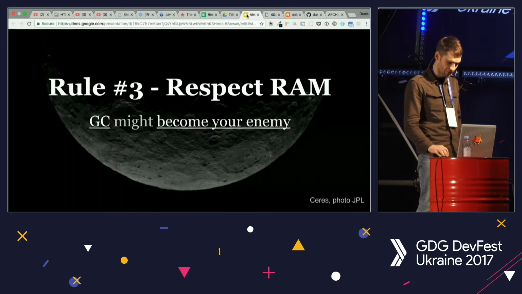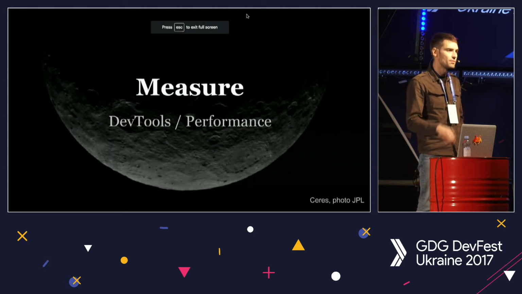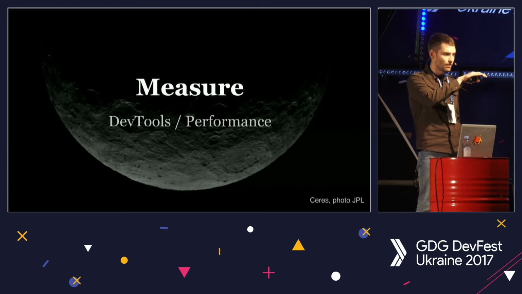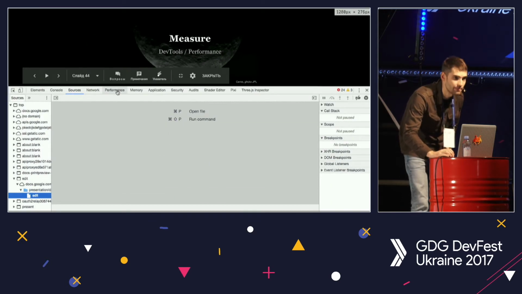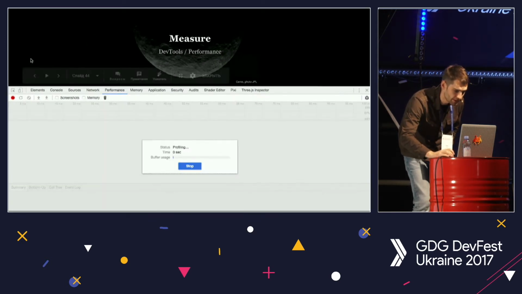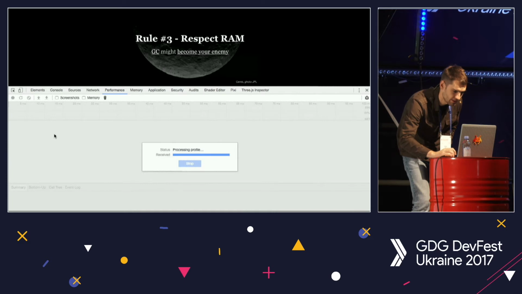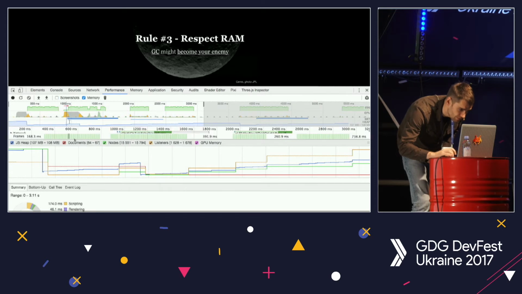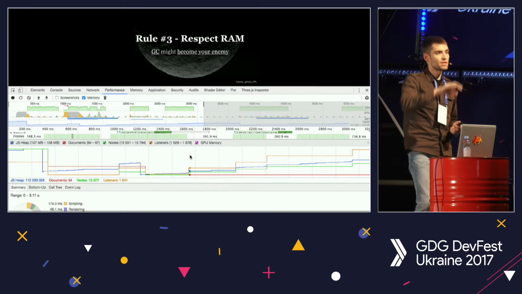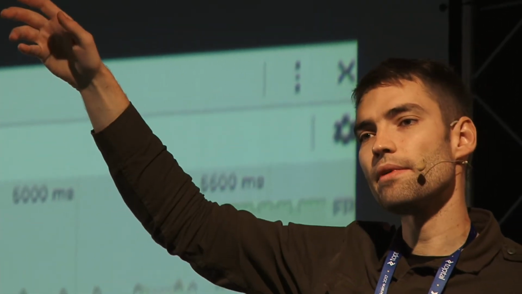There is another problem of the web world. If you measure the amount of memory used with a timeline, in the performance tab, and you make a recording, and the amount of memory grows and then drops with time and then grows again, but every time it drops and then grows a bit more, it means that somewhere it's not being cleaned.